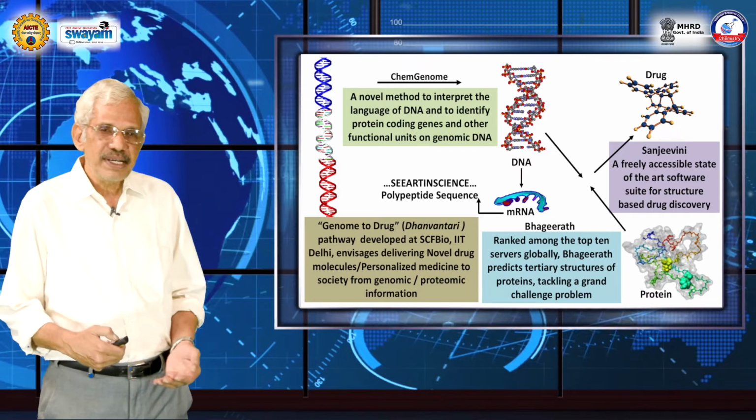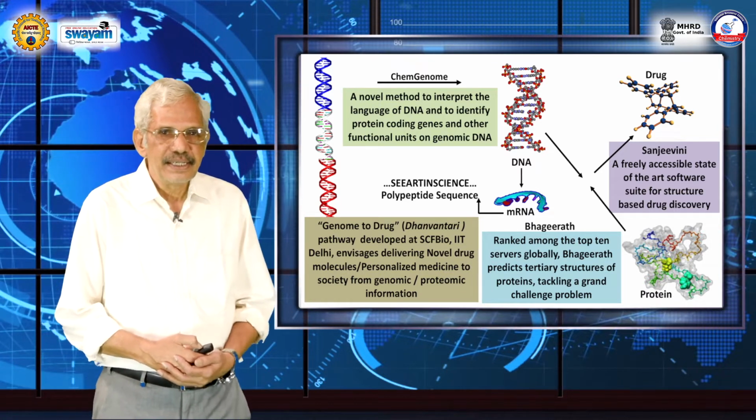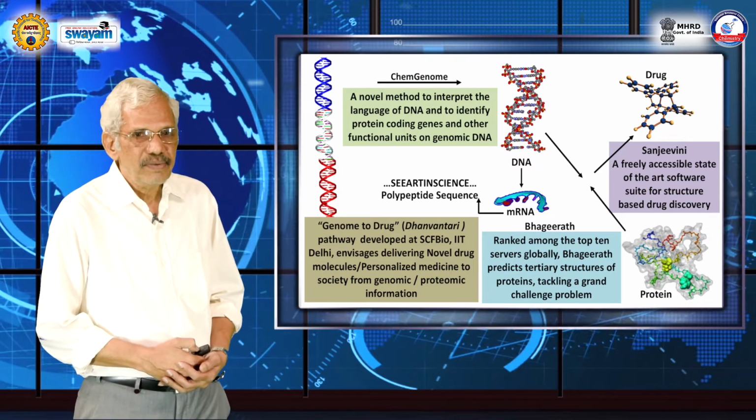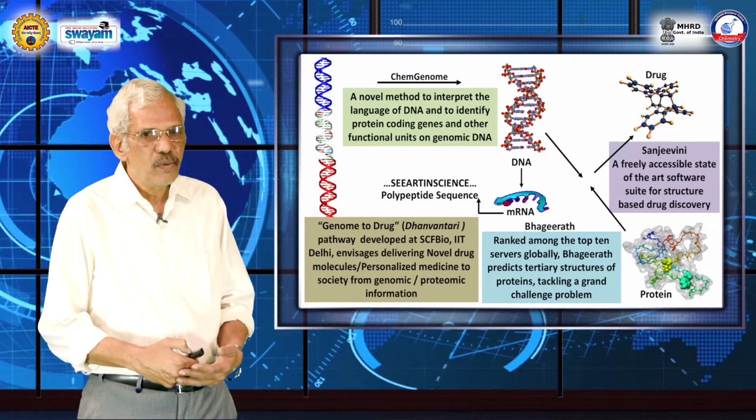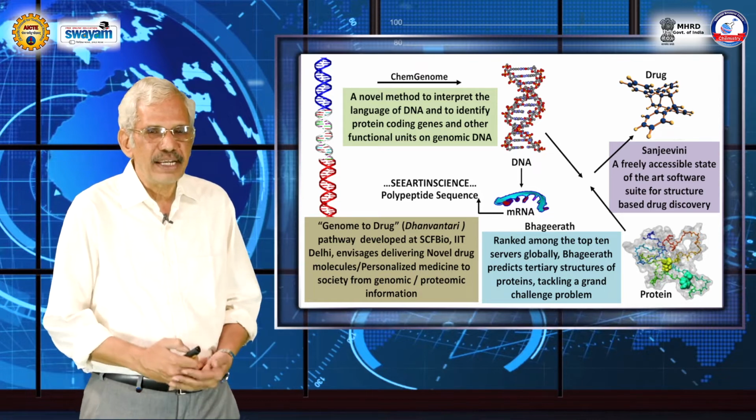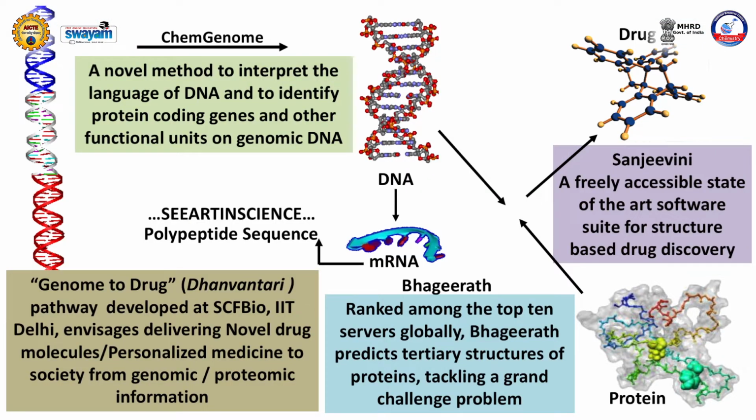Now, what is it that we are doing now at IIT Delhi in my laboratory? Well, we have genomic information, and from genome, you give me a genome, I will tell you which parts of the genome code for a protein, and that software is called ChemGenome, as you can see. Now, once I have identified parts of DNA which code for a protein, I then write down the protein sequence, and that's very easy. Hargobind Khurana told us that 3 bases code for 1 amino acid. So, using that simple genetic code, I can write down the sequence through mRNA, DNA to mRNA to a protein